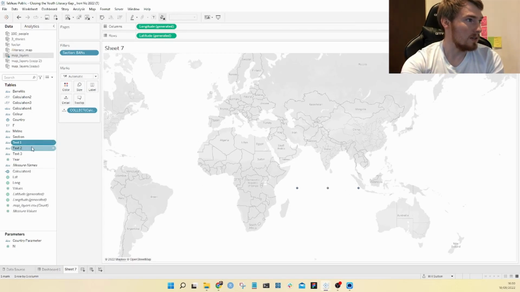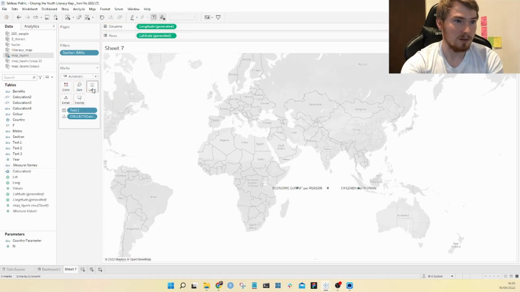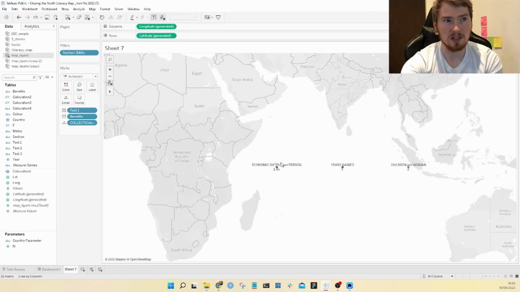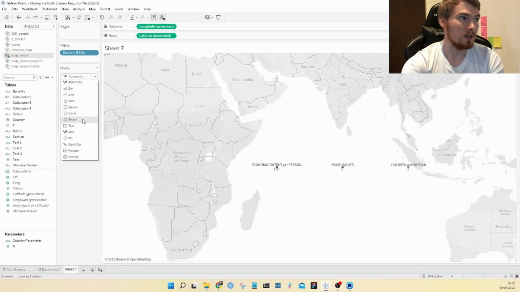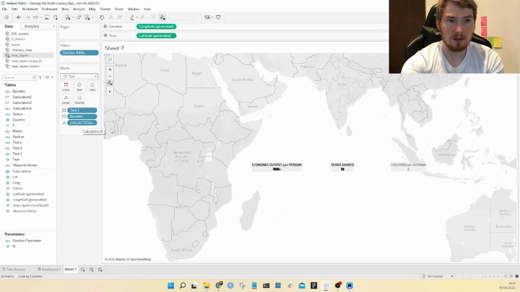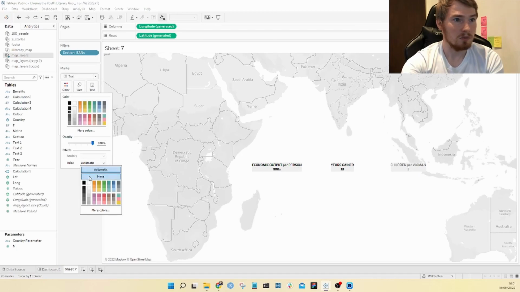I can then take the different text and add that to the chart. I can then tag the benefits. So I zoom in a bit, you can see those numbers coming through there. And then all I have to do is change this to text, which is a bit horrible, and then remove the halo bit.